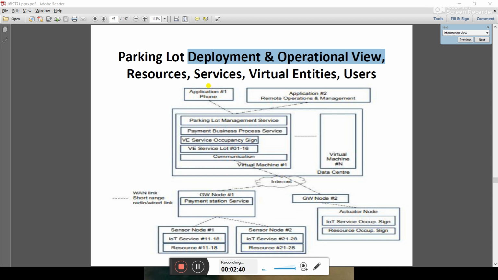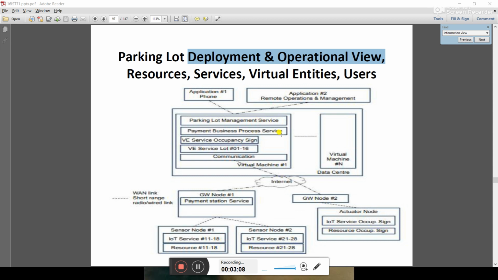So basically these are the GUI and backend software, and these backend software are related with the data center. So here on the data center it will be found how the system is working basically. So these two things are deployed over the user end, and after that there is a data center over which the parking lot management service comes.